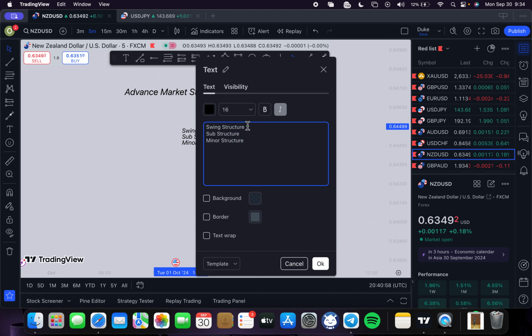Keep notes, it's very important that you know this. Let's talk about the swing points of the market, which are